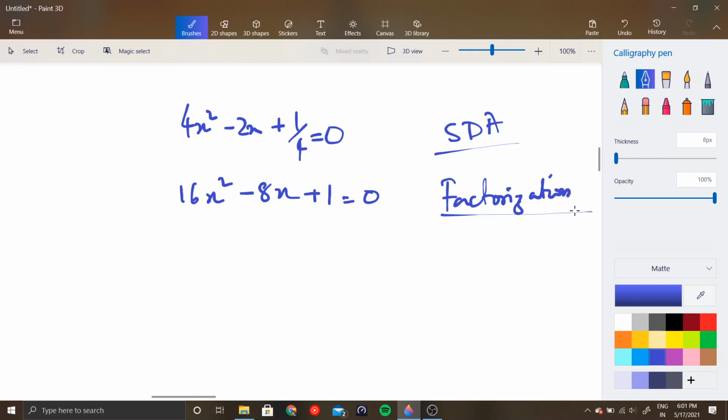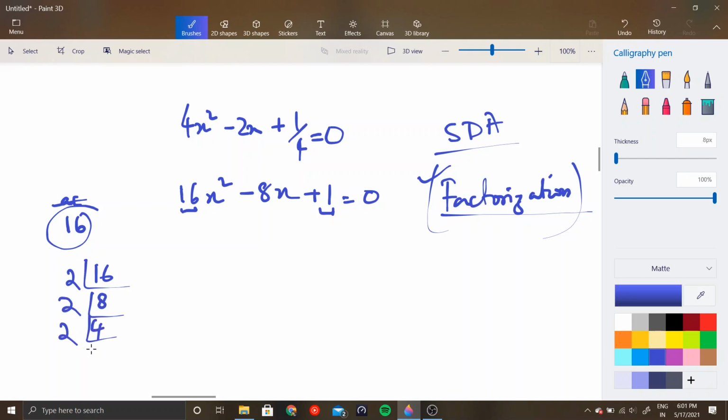Now this method is intuitive, right? You need to know certain things in order to solve sums using the factorization method. So the basic idea is you will just look at A and you will look at C, right? You form the product A into C, right? In this case the product is 16, right? Now factorize this product. So 16 is factorized as 2 into 8, 2 into 4 into 2 into 2, right? Now check once you have got the factors.